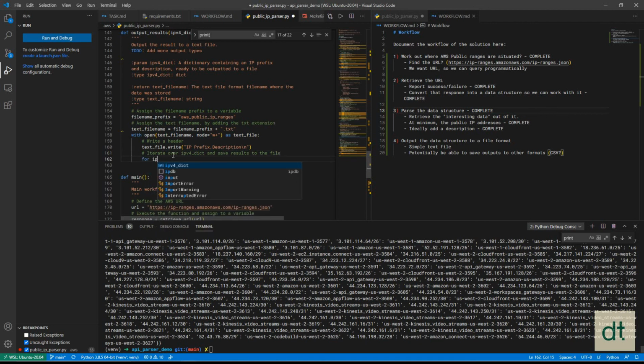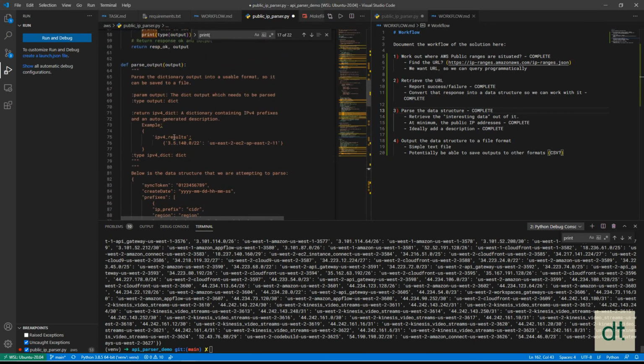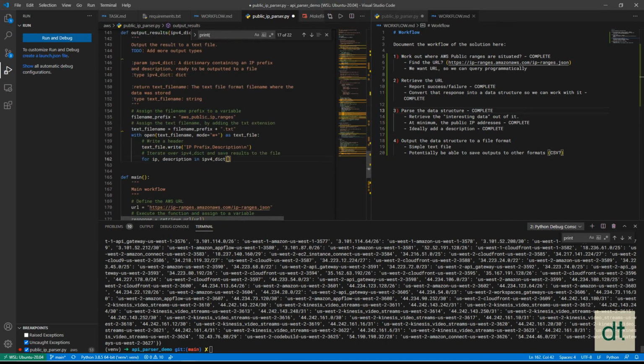So again, here we can do for key value in IPv4 dict, but again, let's name our things something meaningful because it's easier for people to work with. So recall over here, if we go back to our function, we've got a top level key. So we need to refer to that when we're going over our iteration. So we want to, for IP and description in IPv4 results dot items, and then what we want to do